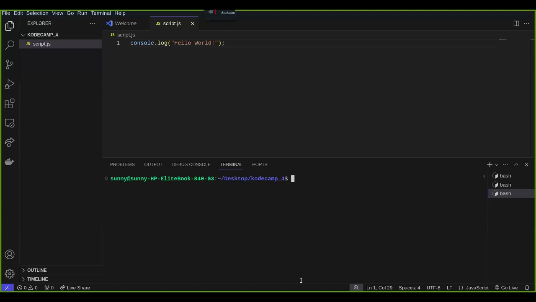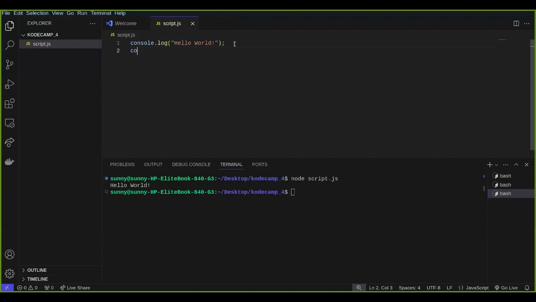If I press up once, it shows clear. Clear is the last command I ran. If I press up again, it's going to show me node script.js, which is the command that executed this file. So I can enter that, and then we have hello world.